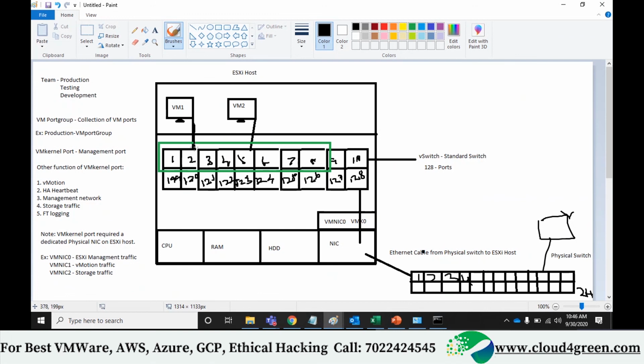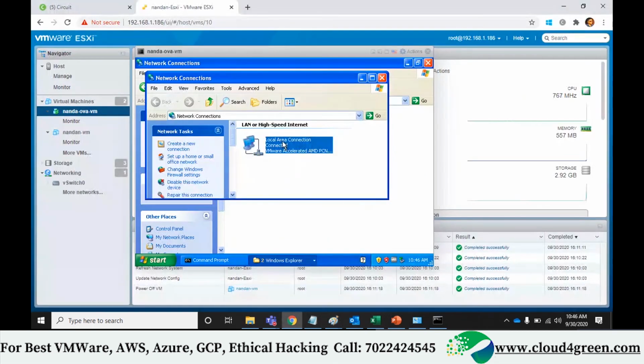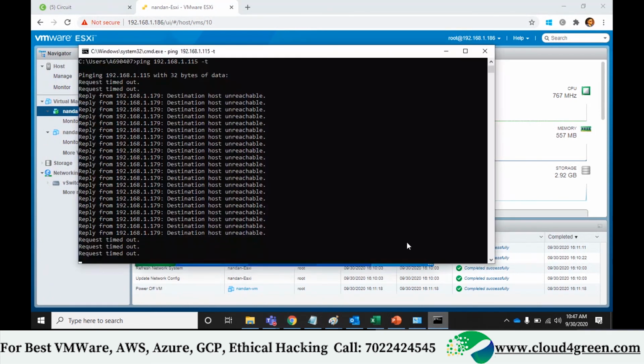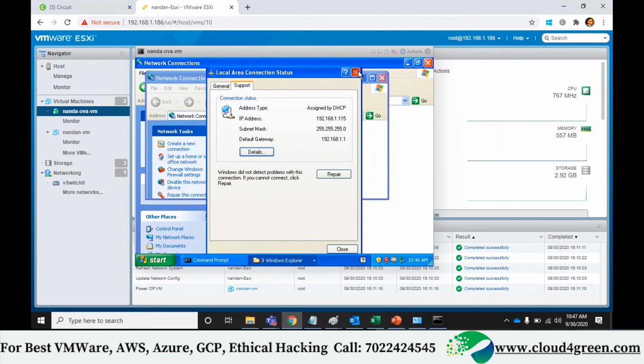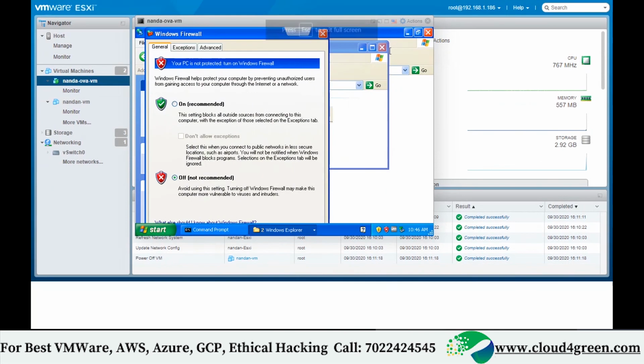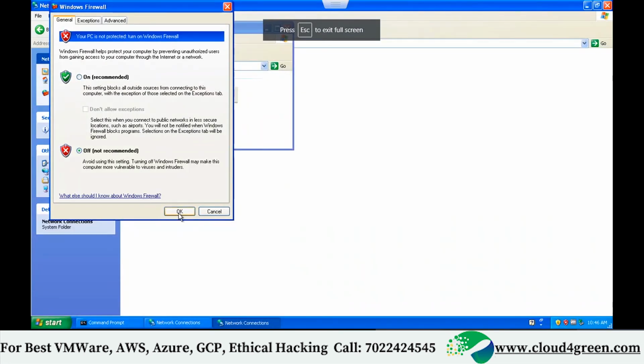First it will ask the vSwitch, which doesn't have any DHCP server. It will go and check through this, and it will connect. It will ask DHCP. Since the DHCP server was available, your machine got an IP. Do you agree? It was showing the gateway address as 1.1 now. See, again it got 115. I'll fix why it was not allowing me to turn it off. We usually turn off the firewall to make it pingable.